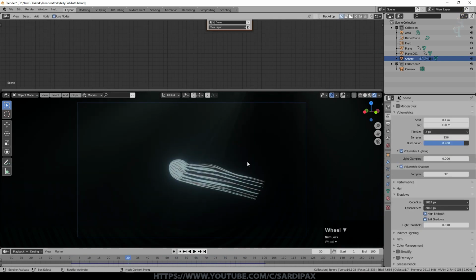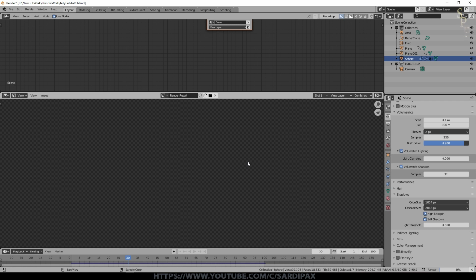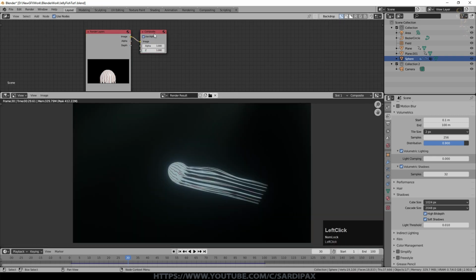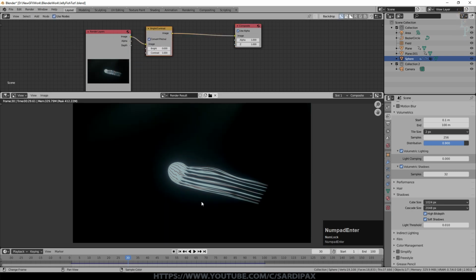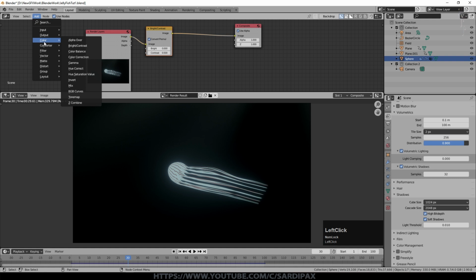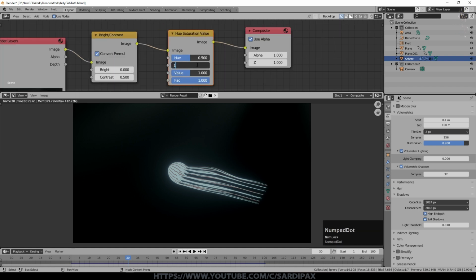Under the compositor, I just do a quick render of that scene. Because of the additions we put in there, it will take a little bit longer than a typical Eevee scene to render, but it was manageable. So I just added a couple of nodes here. I added, under color, a brightness and contrast node, and I just put the contrast up to 1. See that darken the background, but still gives us the glow, perhaps a little bit less than that for this particular scene. And then I added, under color, a hue saturation node, and I set the saturation up to 1.05. You can easily go too much on that, just to really increase some of the color in this scene a little bit.